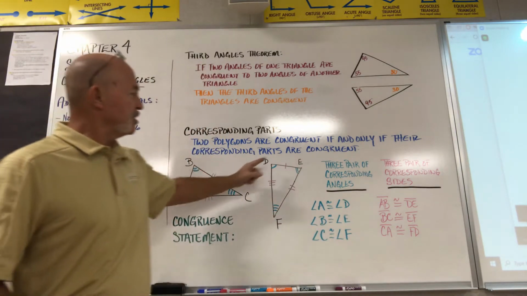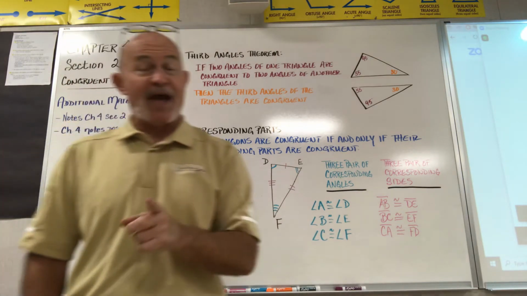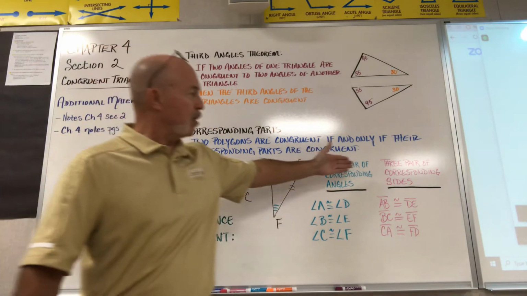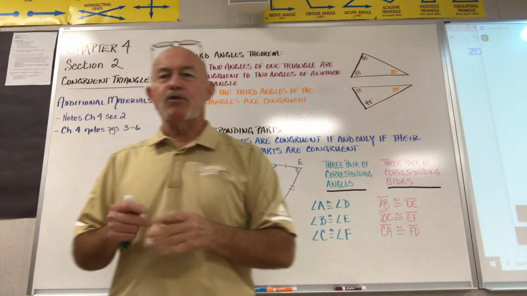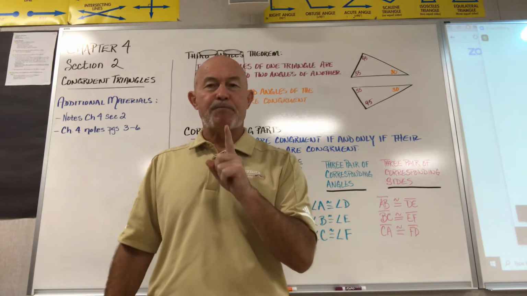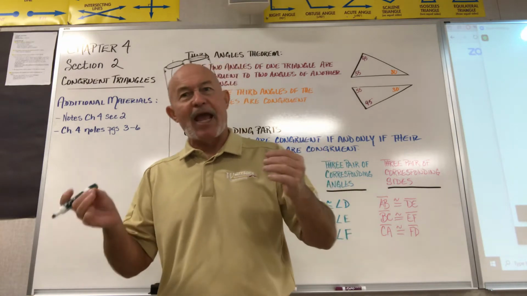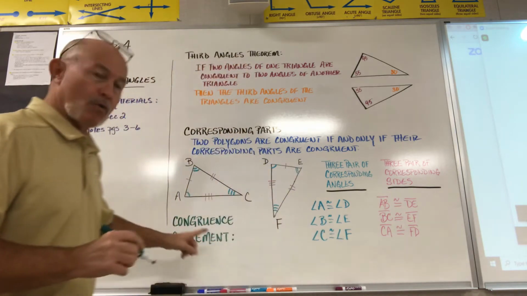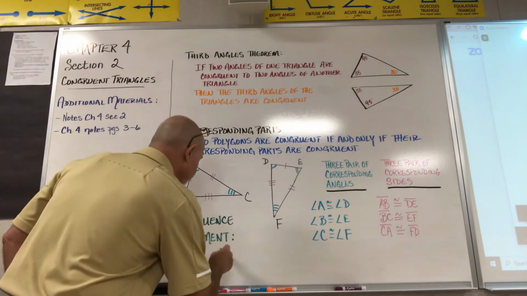A to B, D to E. Very important. We have to match properly. Okay? So the 3 pair of corresponding angles, 3 pair of corresponding sides. Now, you're going to see this term. It's called write a congruence statement. The congruence statement simply says, I'm going to match these vertices, angles, sides in their proper order. So, right here, the congruence statement for these two triangles would be